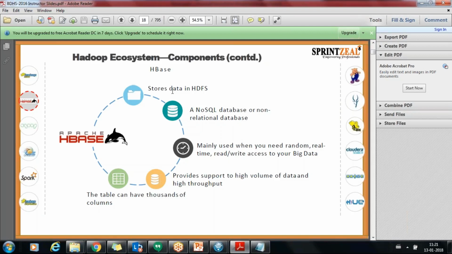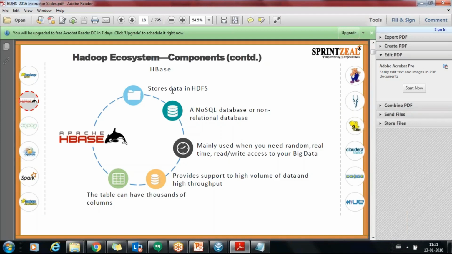I didn't get this. Can you repeat that? For the storage of data in HDFS, we are using HBase database, right? No. It's just the other way. For storing the data of the HBase, we are using HDFS. Okay. See,